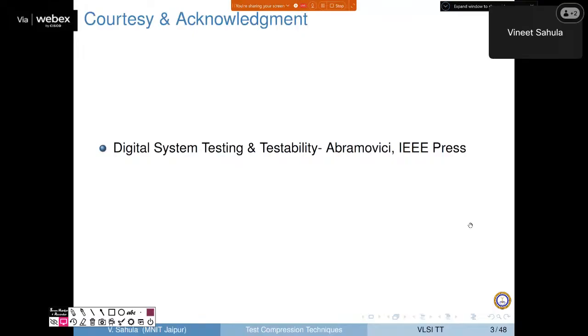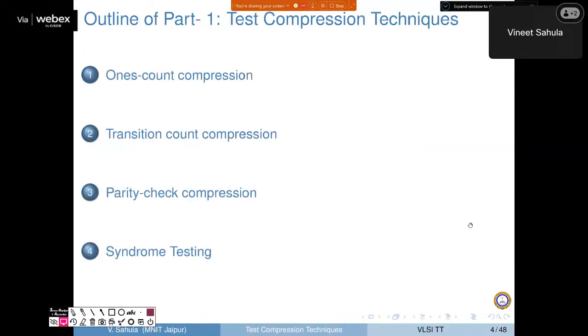So I am following one of that text, which is a very old text, a very seminal text on testing, Abramovici. I will give you reference for that, but this is basically the kind of requirement there. Fine. So various techniques for test compression, output test compression is